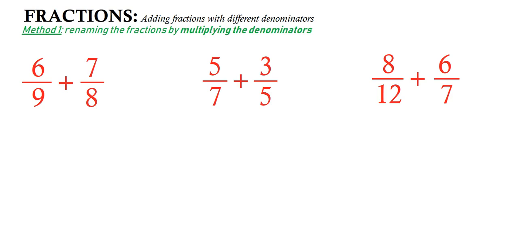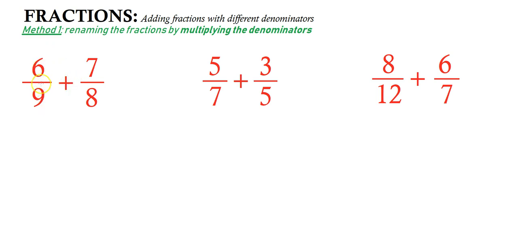So we're going to be adding these fractions. They've all got different denominators, and we're going to do it by multiplying the denominators and therefore essentially renaming the fractions. If we look at the first one though, we've got a little opportunity here because we can simplify one